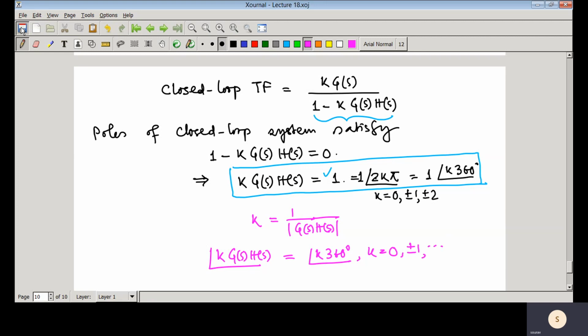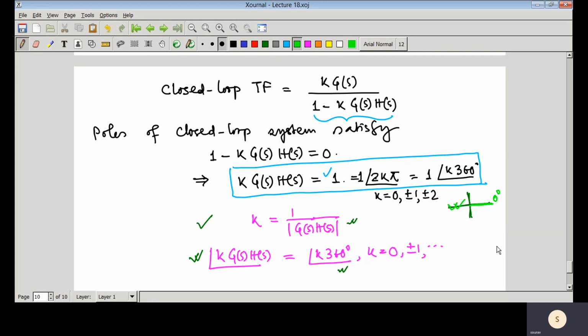So you can see the difference with the negative feedback. In case of negative feedback, we had the same gain condition, but the phase condition was (2k+1) 180 degree. And here the phase condition is 360 degree. So if you just see the axis, here it would be along that point, which means this is 0 degree, and in case of negative feedback it was along this axis, so it would be either 180 degree or minus 180 degree.